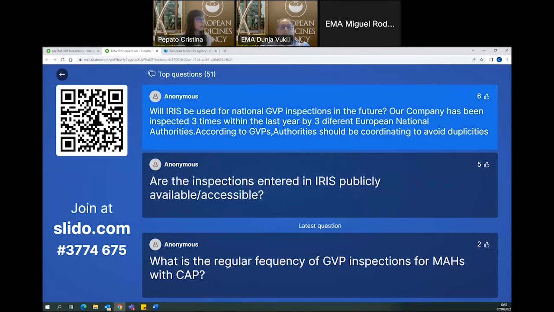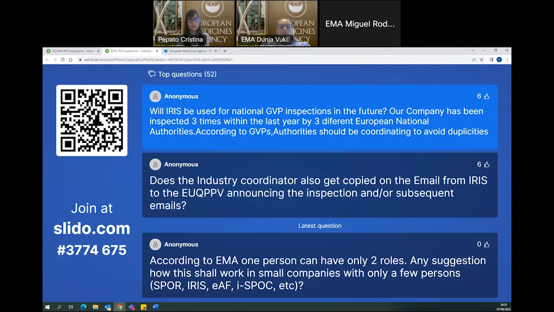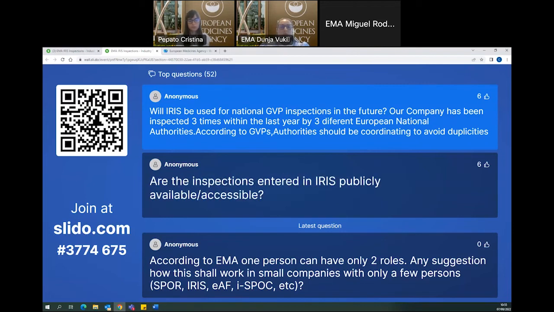Will IRIS be used for national GVP inspections in the future? Our company has been inspected 3 times within the last year by 3 different European national authorities. According to GVPs, authorities should be coordinating to avoid duplicities. So IRIS is the EMA system for EMA coordinated inspections, and the national competent authorities have their own national systems for